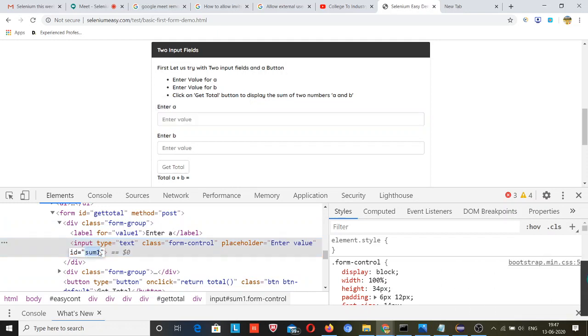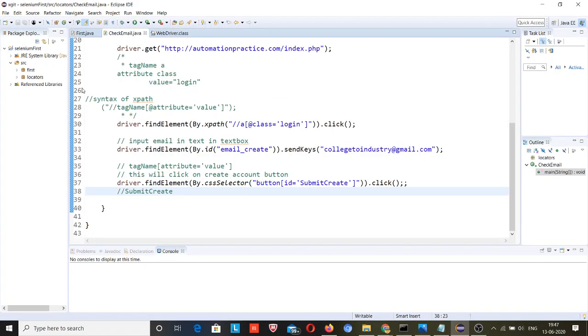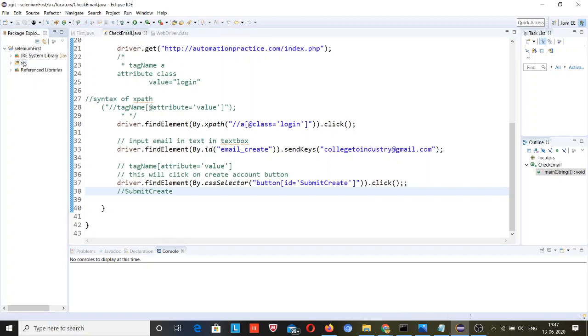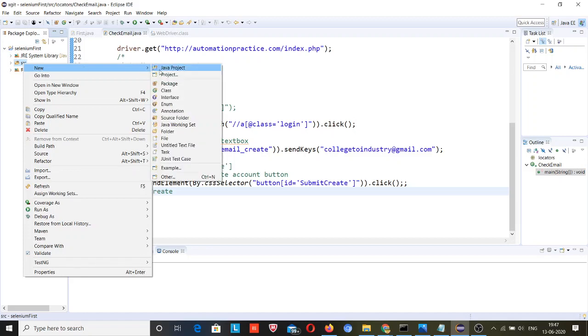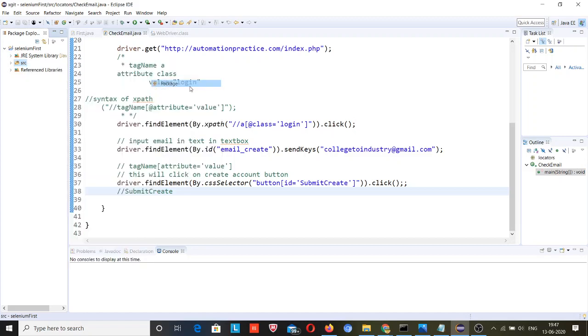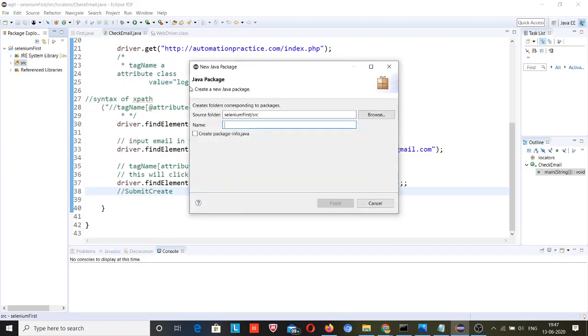Okay guys, I will do this with id, but before that let me make another package for today, so that we can refer to today's code separately. The package is day 2, day 3, webinar 3, so you can relate to it.